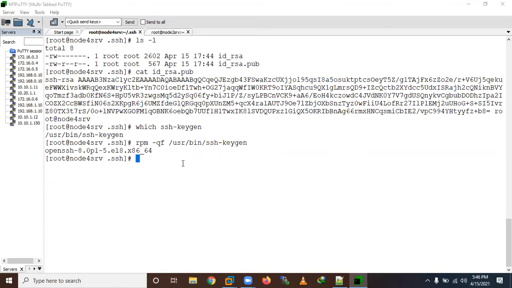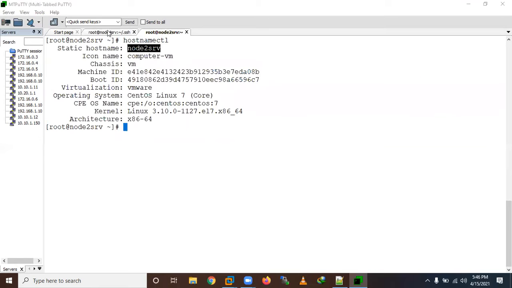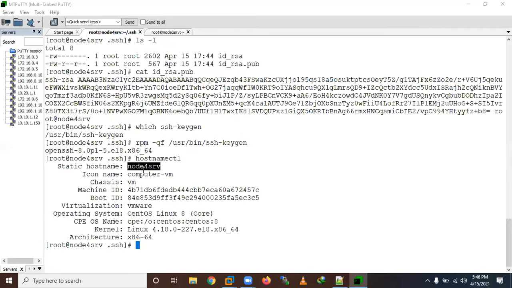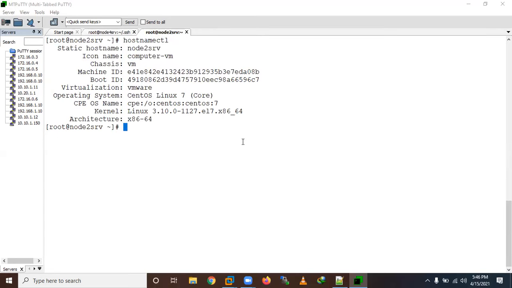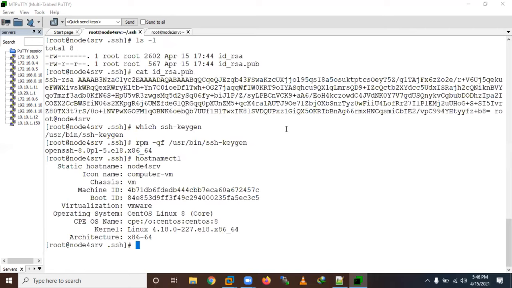Now let us copy this key to the node 2 server. The hostname is ctl. This is the node 2 server, and right now we are using the node 4 server. What is the IP here? Let us take 10.139. The first time we need a password.